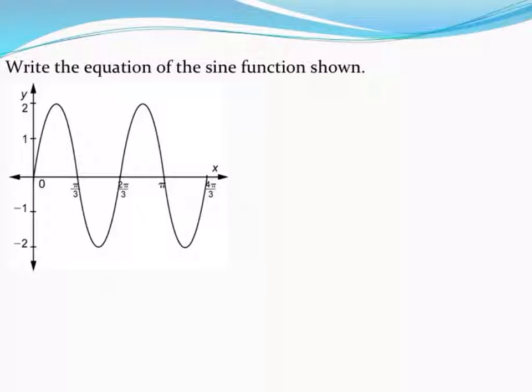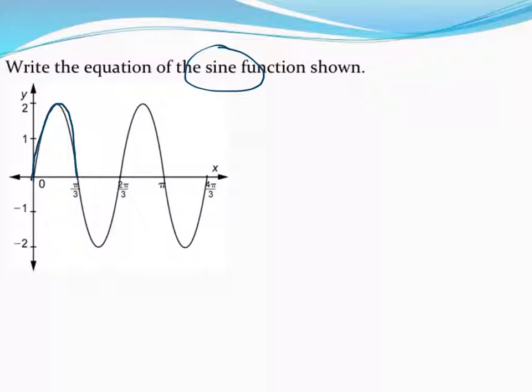To write the equation of this sine function, I'm going to first want to isolate one period of the function. This graph is showing me more than one period, more than one cycle, and so what I want to do is figure out where my graph begins to repeat from. So for example, if I start following this graph along, if I get to this point, the graph has still